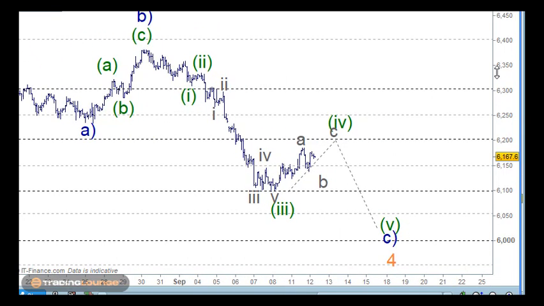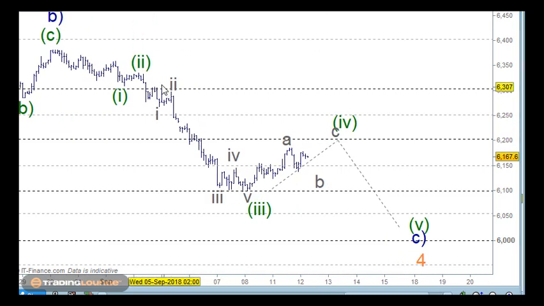What we will be doing with all of this along the way, now that I've pointed out the larger counts, is work through all of this on an intraday basis. So we know so far down here that we've got 1, 2 and 3, and we were looking for a bounce off 61 here, and a move back close to 62, because that would be the 38.2% retracement level from the top of wave 2 down to wave 3 back to wave 4, so just below that. In fact, that high there would come in quite nicely.